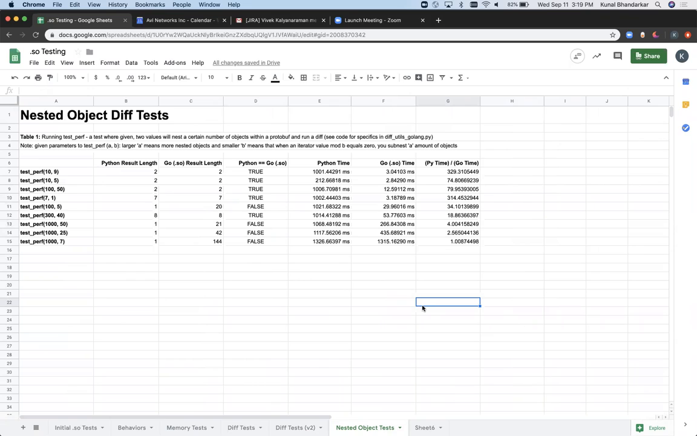Just to give you a quick background again, testperf is a function that basically has a bunch of nested objects, and within those nested objects, creates a whole bunch of other nested objects. So it can be a little confusing. The first number in the parameter, the bigger that number is, the more level 1 nesting. And the smaller the second number is,